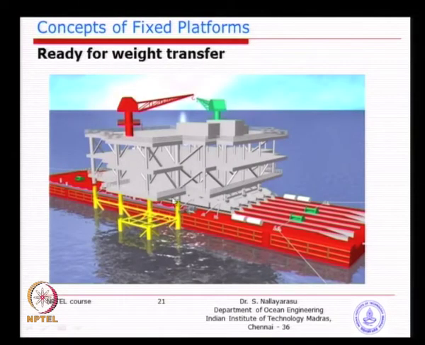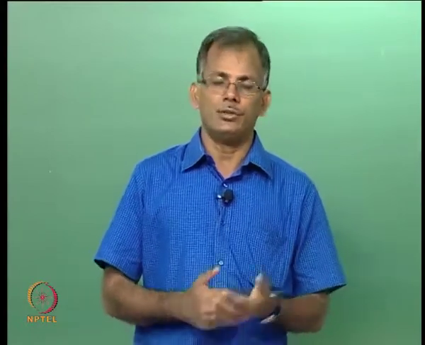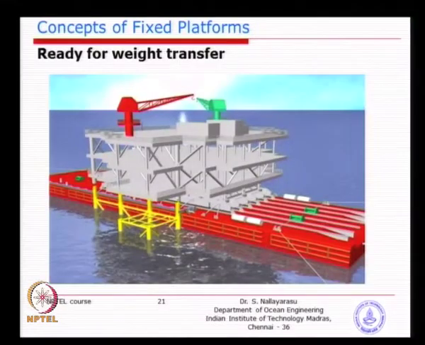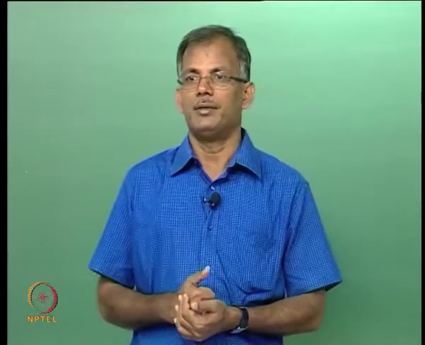This whole thing is not going to be nice and clear, because you are doing it in open sea conditions, and things can change. You have a predicted tidal chart and measurements, you have a weather forecast, but you go there, and in case you get into a problem, what remedies can we have? The important thing is you pull it back, isn't it? Just reverse it and go away from the location and wait for good weather conditions. But for some reason, if you are unable to go away, what will happen? You will lose the jacket, you will lose the deck by damaging.